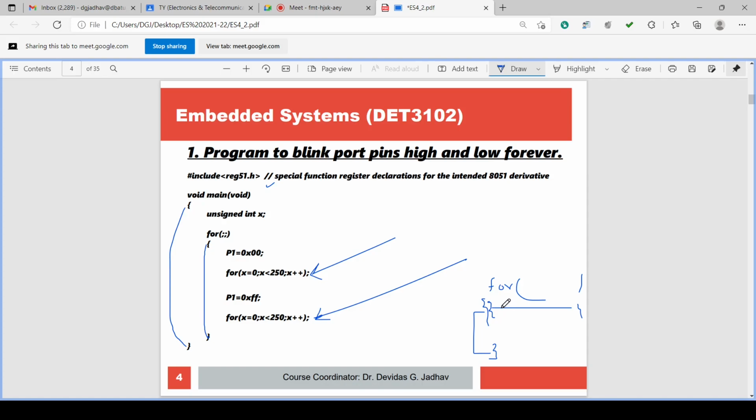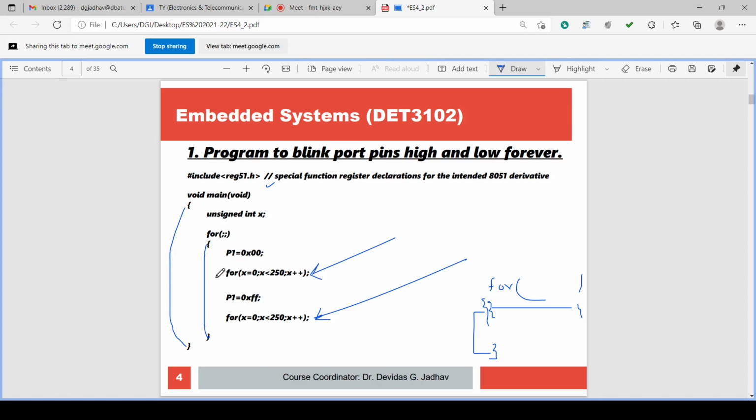So this is for a single instruction or block which executes with the for loop when there is no semicolon at the end of the round bracket. If such a semicolon is there after the round bracket, then the next instruction will not be executed along with the for loop. Only the for loop will execute with itself.